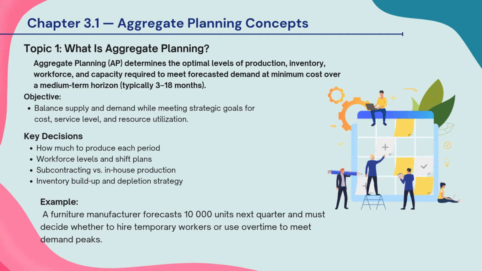This slide explains aggregate planning, which helps organizations decide the optimal production, inventory, workforce, and capacity levels for the next 3 to 18 months. The goal is to balance supply and demand at the lowest cost while meeting service requirements. Key decisions include how much to produce, workforce planning, subcontracting needs, and inventory strategy. The example shows how a furniture company uses aggregate planning to handle demand peaks by choosing between overtime and temporary